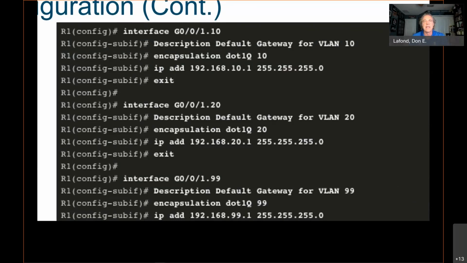Encapsulation dot1Q 10, IP address, and then an address that's inside of the 10 network and the subnet, and then exit. Now, the next command, you don't have to type exit. You can just go right into the next command. So you could just type interface